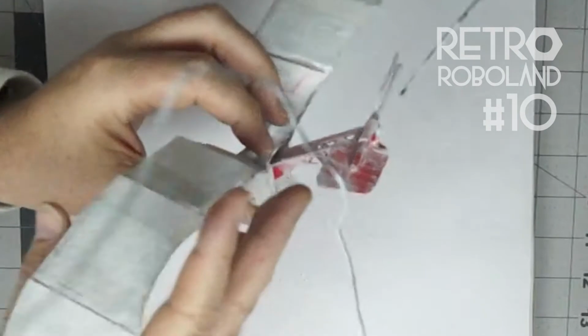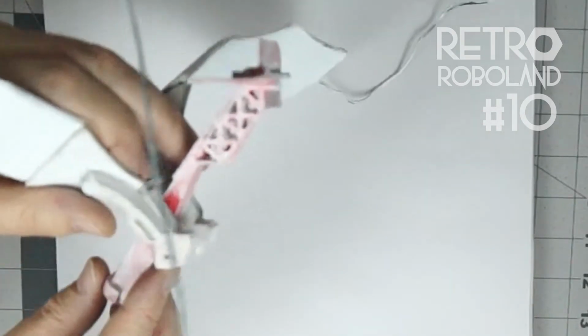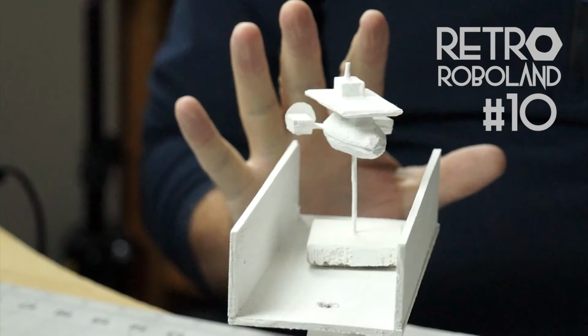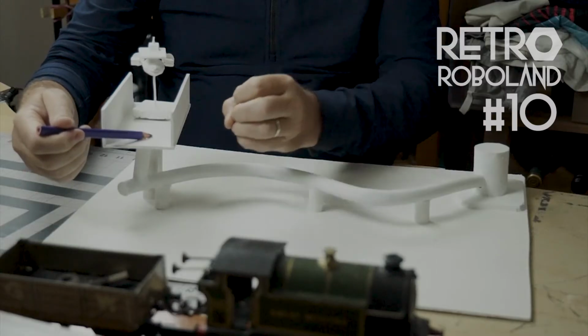So I'm going to use my Retro ROboland project to create an active demonstration of 6 Thinking Hats when considering the question, how will the flying robot be able to destroy the living machine? Remember that the flying robots break into the living machine through a ventilation shaft and they will be able to